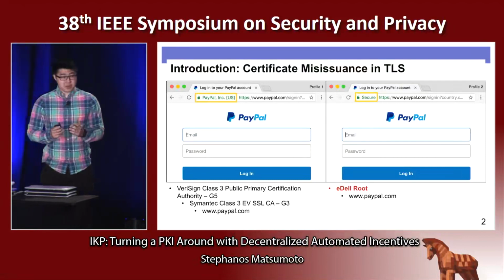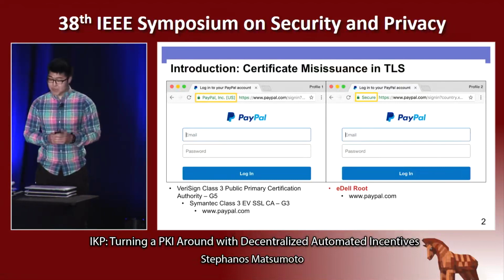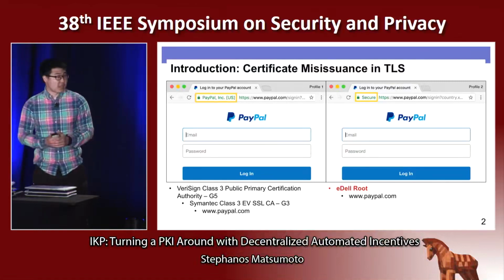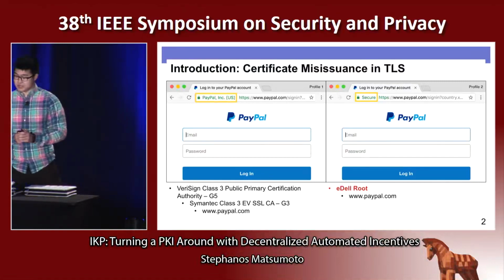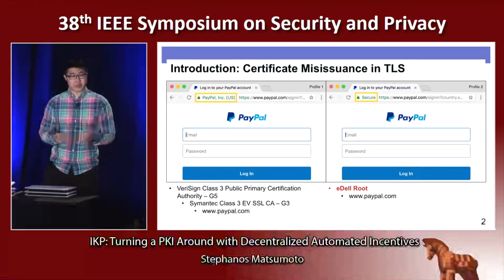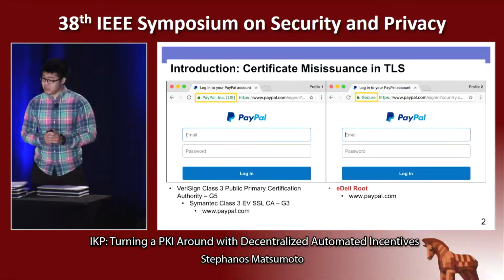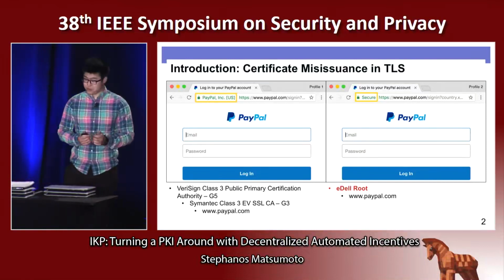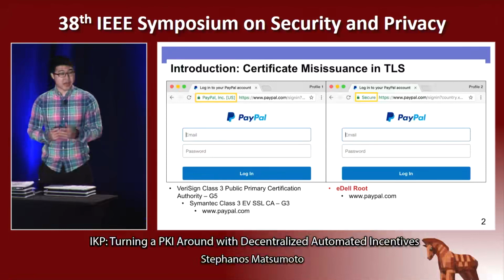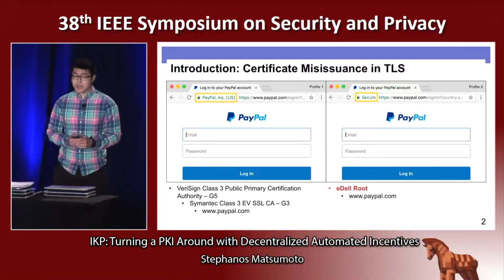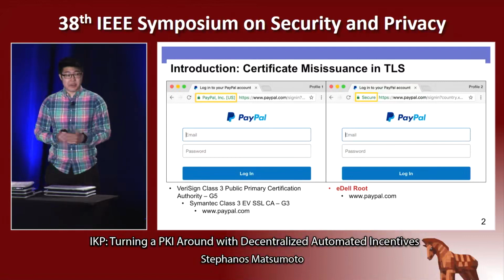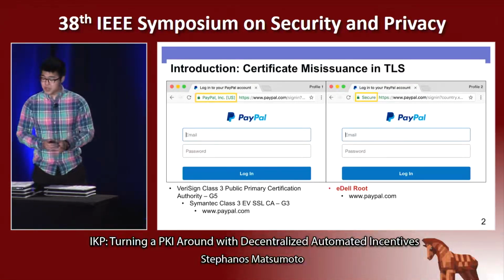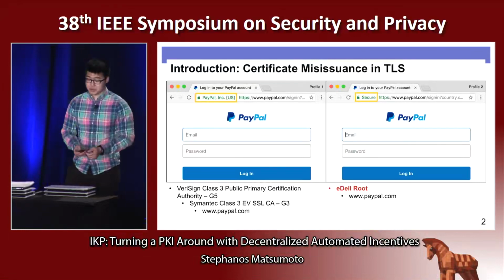And if your browser happens to trust a CA, it will happily accept even the certificate on the right without indicating that anything is amiss. Now, the page on the right is a classic example of a man-in-the-middle attack, and the attacker controlling this page can intercept and modify all encrypted traffic between you and PayPal without either of you realizing. And there have been many proposals to prevent this sort of scenario from happening, but my work today is not going to focus on browser-based prevention, but rather two other related problems.